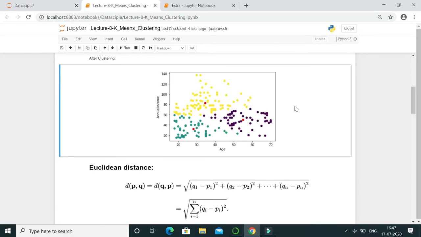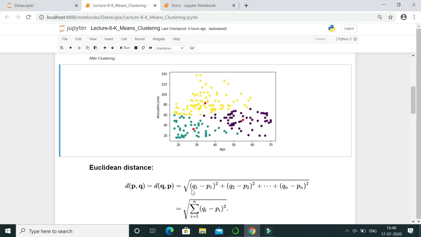So let's see how exactly K-means clustering works. First, we have to determine how many clusters we have to divide our scatter plot into. Suppose here we have to divide our scatter plot into three clusters. With respect to iterative analysis, we would find their centroids. For that we utilize Euclidean distance.